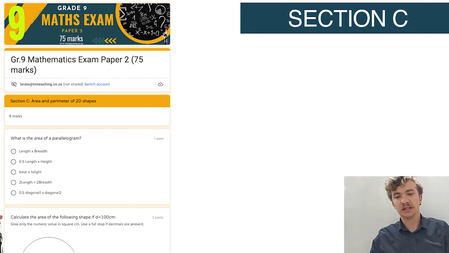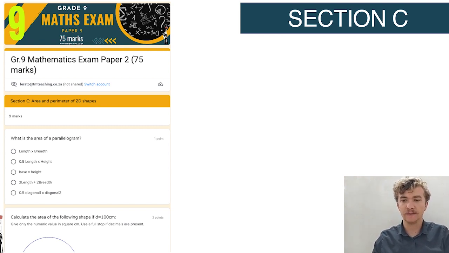Okay, let's start with section C, area and perimeter of 2D shapes. It's 9 marks. So the first question is, what is the area of a parallelogram? So this is simple theory that you should know. So let's just write it in the notes. So the area of a parallelogram, I'm just going to write two parallel lines, is equal to